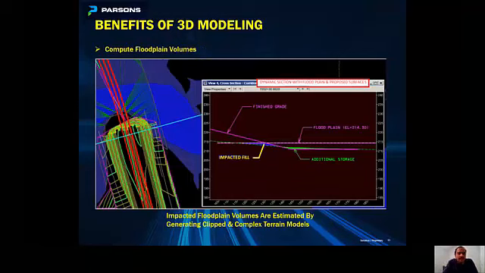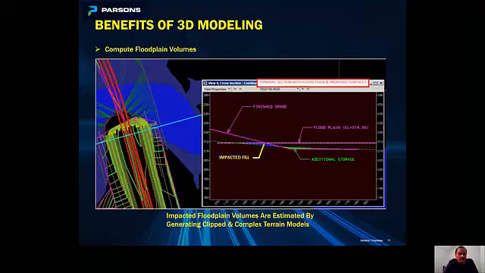So this is another benefit of the 3D model. We can easily identify the impacts to the floodplain areas, and we can also estimate the quantities and the volumes of floodplain impacts.